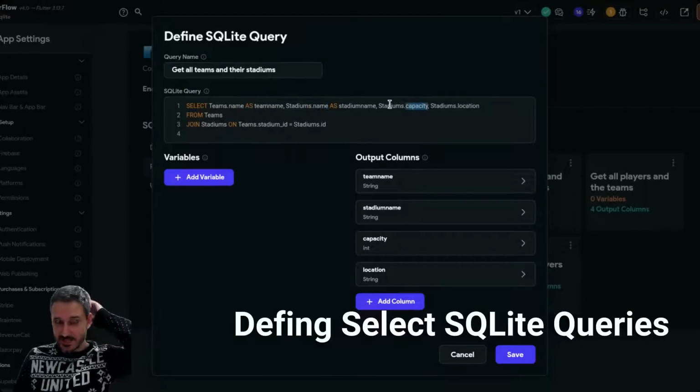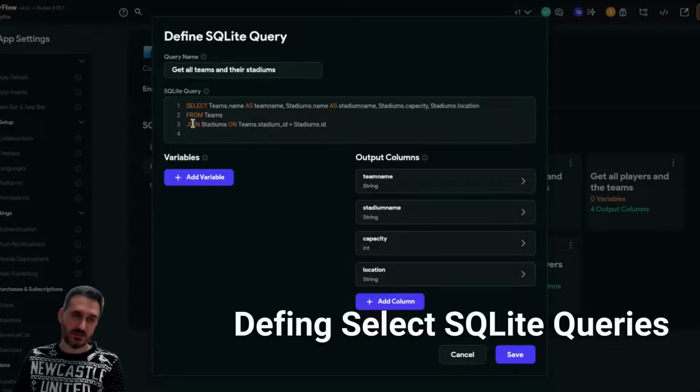And then we have the stadium capacity, and then we have the stadium location. And then where we're getting it from teams, but we need to join a table. So joining a table, it could be a many-to-many relationship, or it could be a one-to-many relationship. In this case, it's actually a one-to-one relationship, which means that one team will have one stadium, and one stadium will